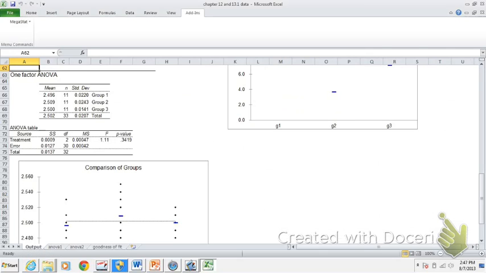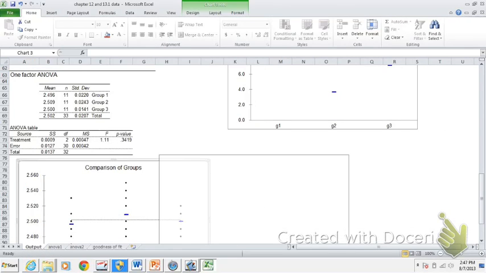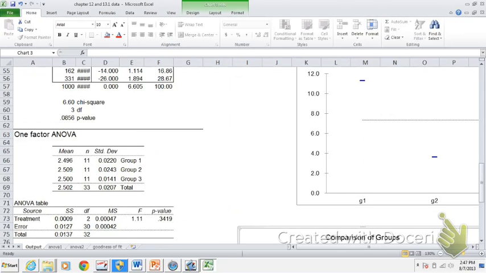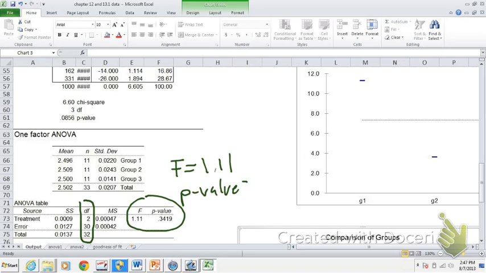Now what you'll see here, let me scoot this over, is that we're going to retrieve, let me zoom this out here so you can see, the F-test statistic. What we're really going to do is just retrieve the F-test statistic and the p-value. Now if you're really curious about degrees of freedom here, you have a degrees of freedom for treatment, a degrees of freedom for error, and then the total degrees of freedom, which is 32 in this case. I don't want you to get too hung up on the degrees of freedom since this is the last test we're running. I just want you to report the F-test statistic, which is 1.11, the p-value, which is 0.34,